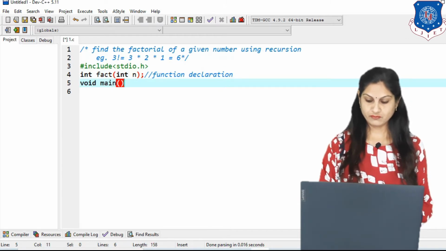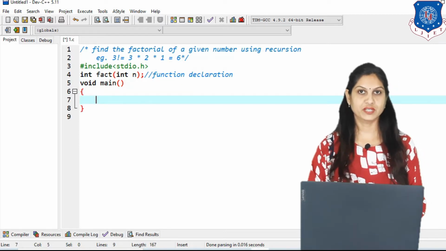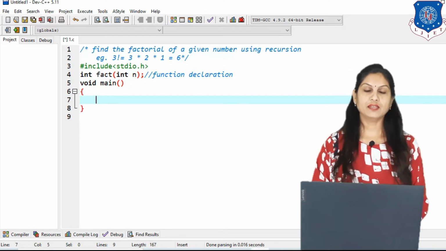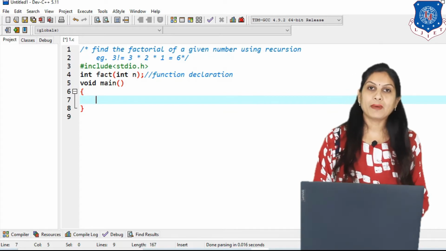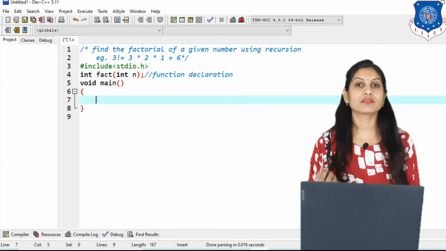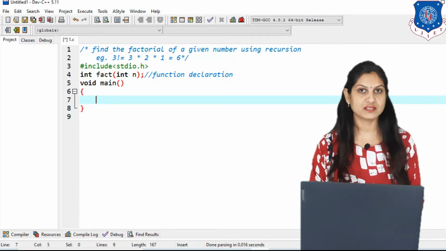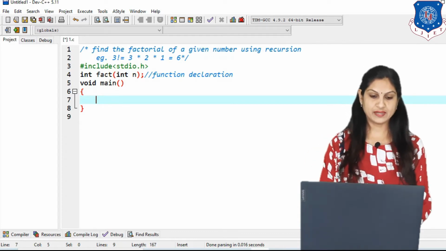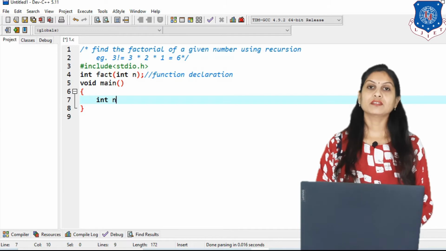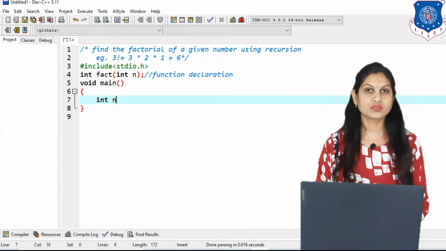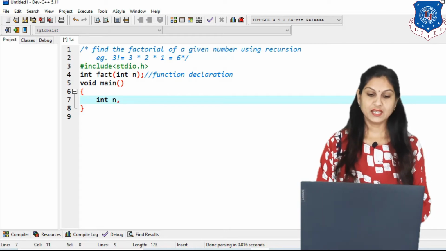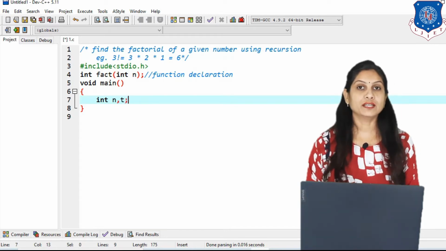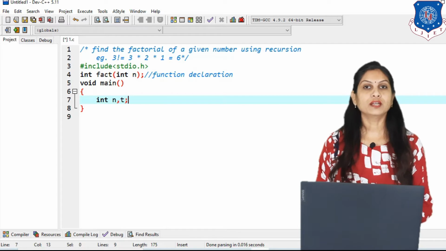Inside void main we have to call the function, that is the second element, and for calling the function here I am giving the parameter, and that is read from the user in our void main section. So here we need the variable integer n first, that is the number given by the user for finding factorial, and the second, that is suppose t, that value will be returned when we are calling that particular function.